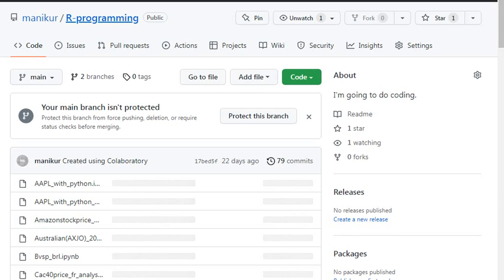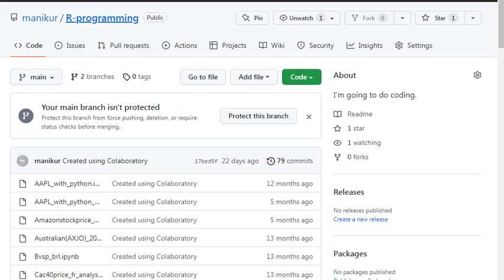Otherwise you have an alternative way, you can go to the right side corner. So look here, you will see